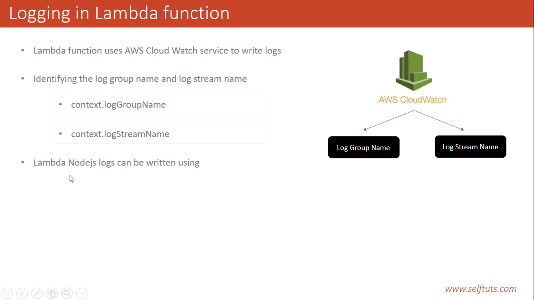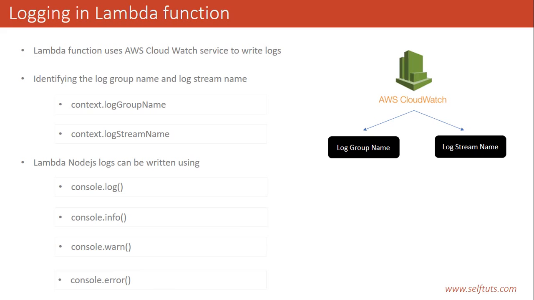Inside AWS Lambda using Node.js, logs can be written in different ways. The first one is console.log. We already know that if you want to write some text in Node.js or JavaScript, you simply use console.log. In the same way, in the AWS Lambda function you can write logs using console.log. You don't need to use any special library for that like Winston. You just need to write the console.log statement and AWS will handle that for you. In the same way we can use the different versions of console, that is console.info or console.warn or console.error.